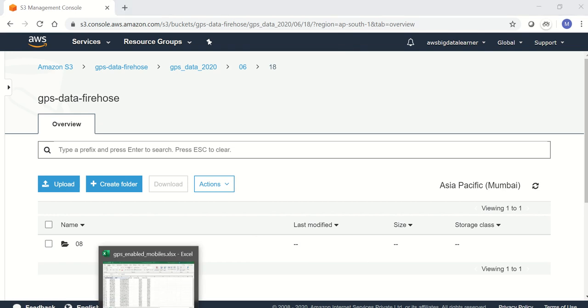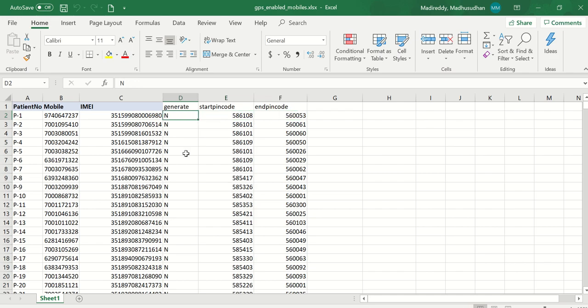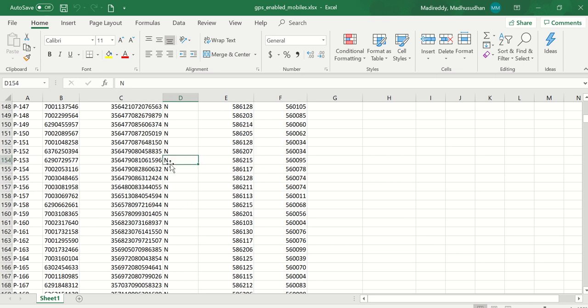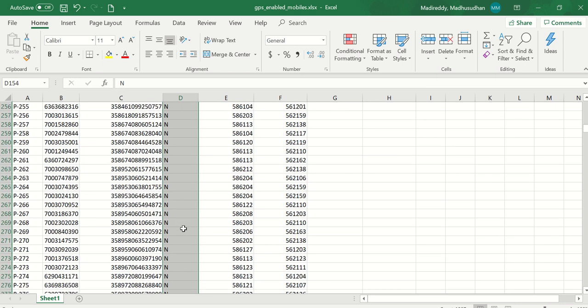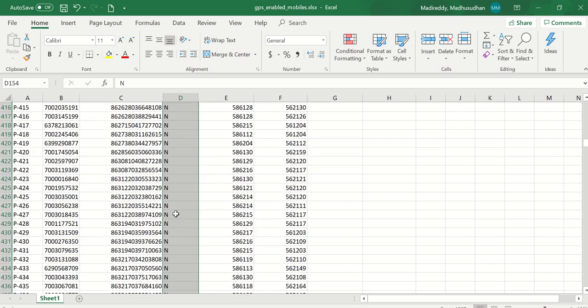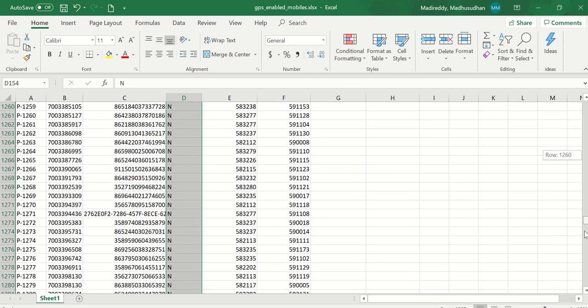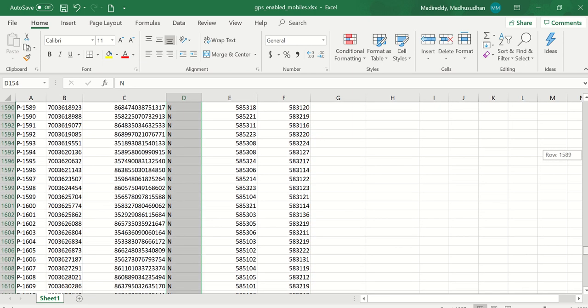Let's test how this works. First I will update everyone to N, so we don't need to generate all the patients' routes again, since I have already generated them.